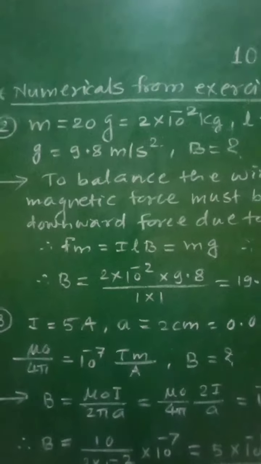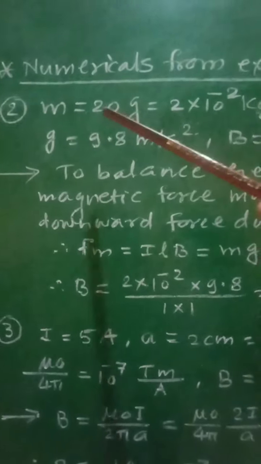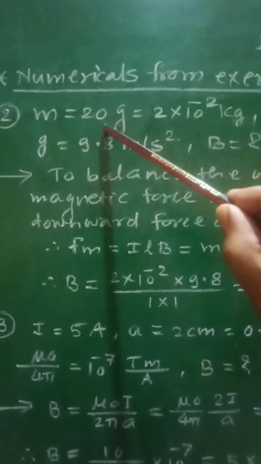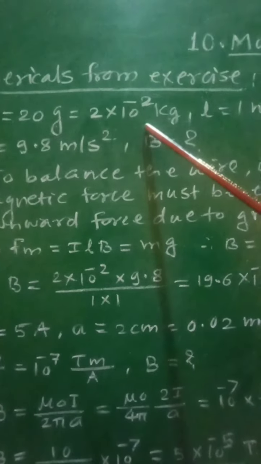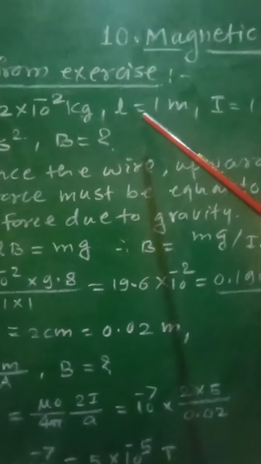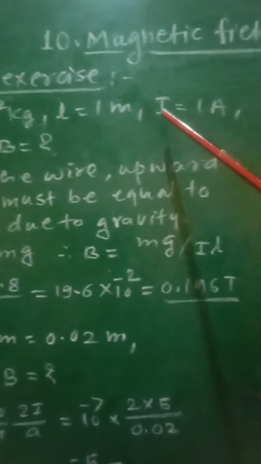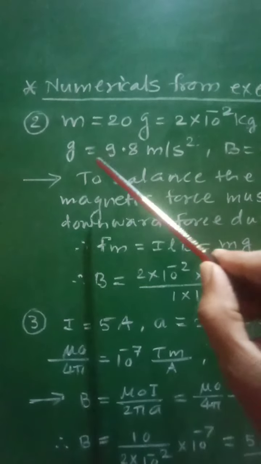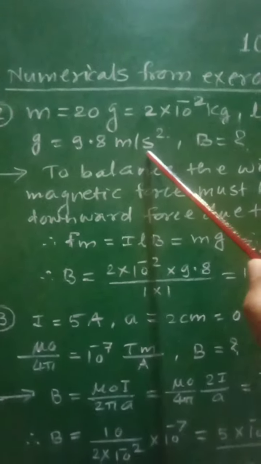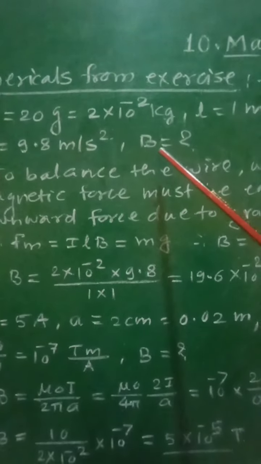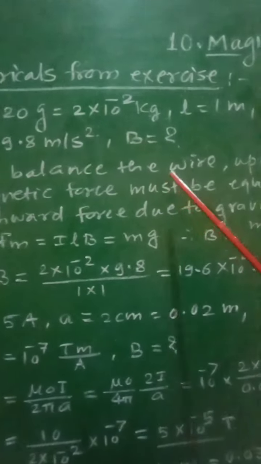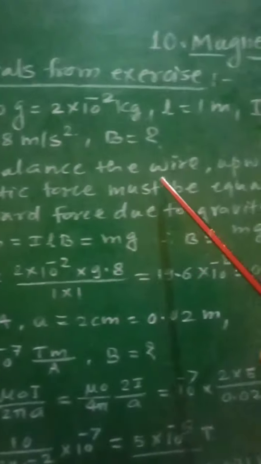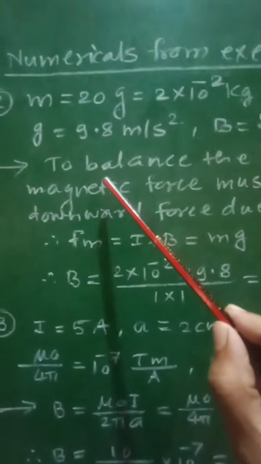So here the given data for this numerical is m equal to 20 gram, that is 20 into 10 raised to minus 3, which will be written as 2 into 10 raised to minus 2 kilogram. Then length L is equal to 1 meter, current I is equal to 1 ampere. Then acceleration due to gravity g equal to 9.8 meter per second square, and we have to find out magnetic field B. So in this numerical, in order to balance that wire, the upward magnetic force